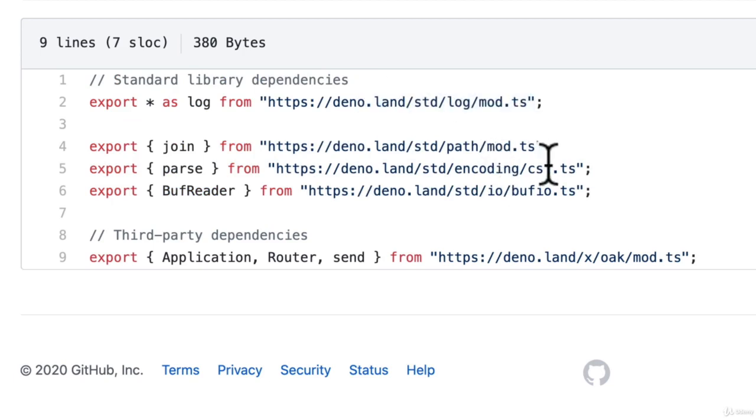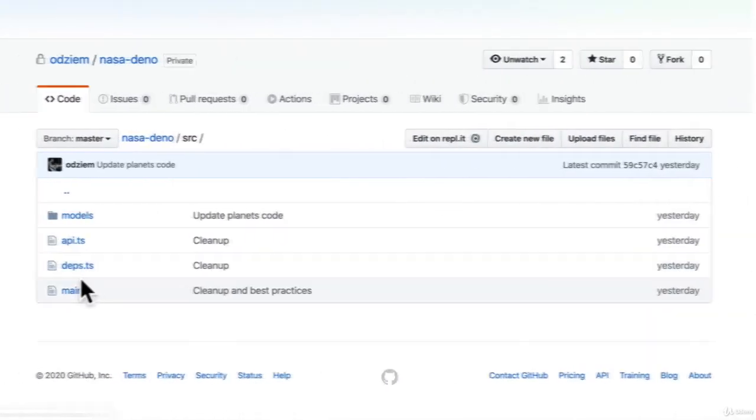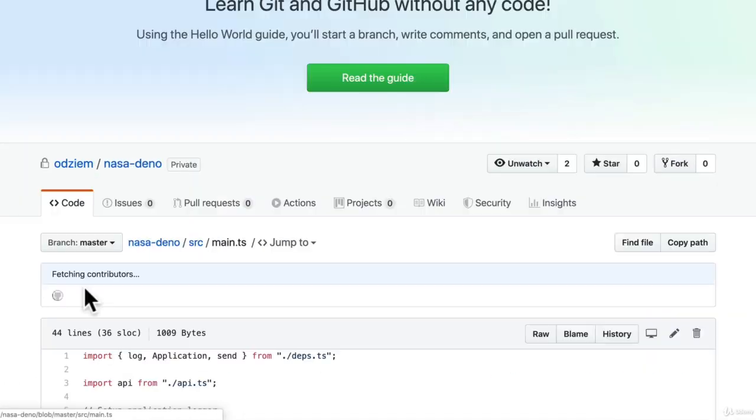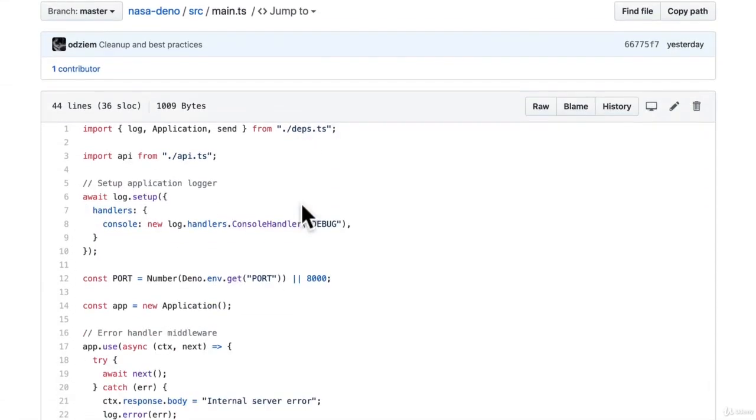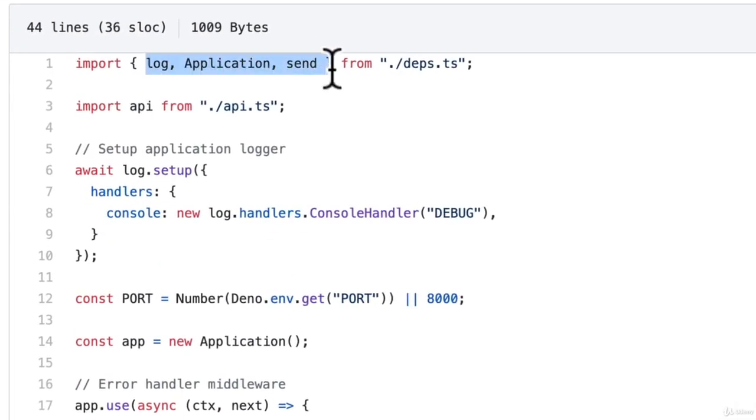Nothing crazy, we've seen this before. And then some third-party dependencies. In this case, we're importing the Oak framework. Now, why would we do something like this? Well, if we go back to our main.ts, we see that we now import not from a URL, but from a relative path from our